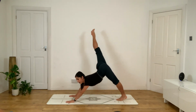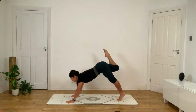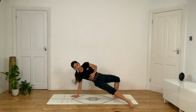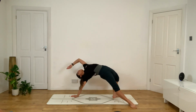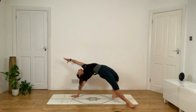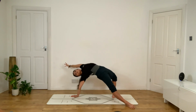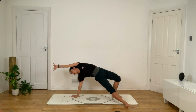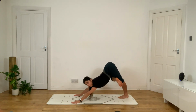Inhale, lift the right leg high. Exhale, we're going to bring the knee in. Pivot on the right hand. Come to wide lifting. Extend the right leg out. Open the chest. Engage the hips. Engage the back of the leg, the glutes. Open the chest and squeeze the shoulder blades together. Beautiful. Exhale, pivoting back. Bring the right foot on top of the left thigh into a number 4 press